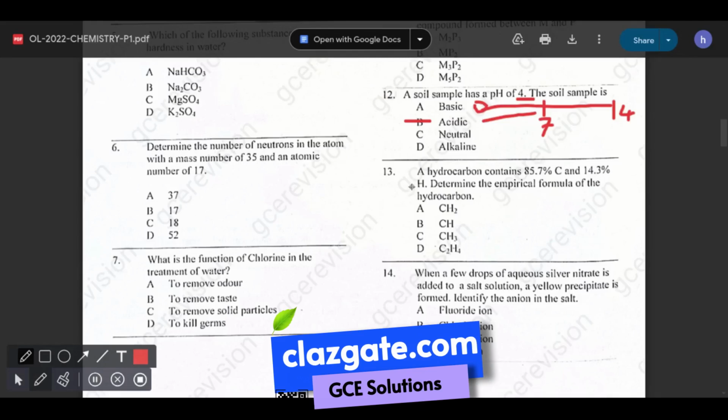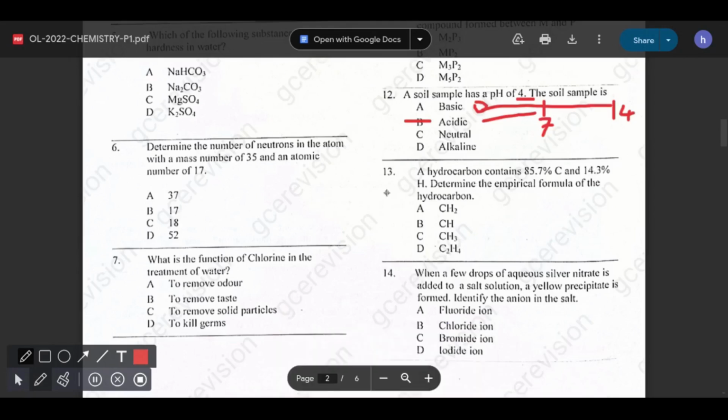And then the hydrocarbon contains 85% of carbon and 43% of hydrogen. Determine the empirical formula of the hydrocarbon. What we have is